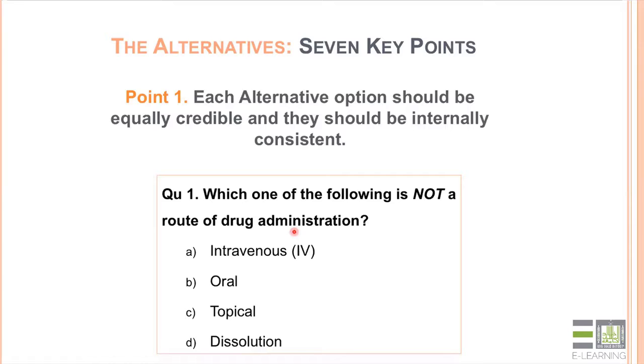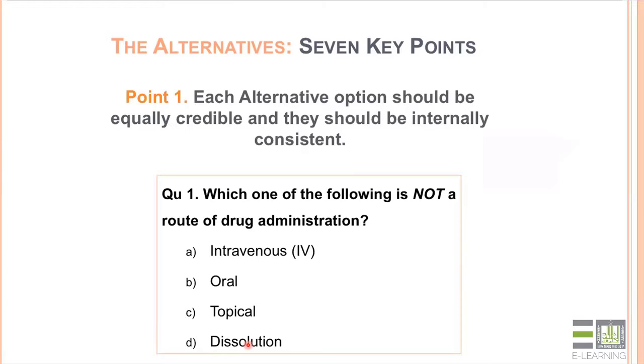But a student who has an understanding of the key routes of drug delivery will be able to easily identify that dissolution is related to pharmaceutical analysis and not a route of drug administration. So just to emphasize, the list of alternatives should be plausible, credible